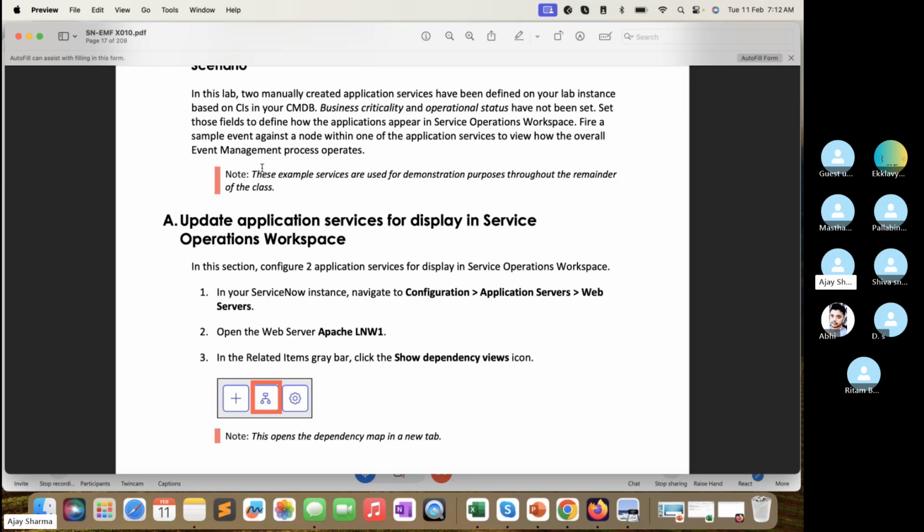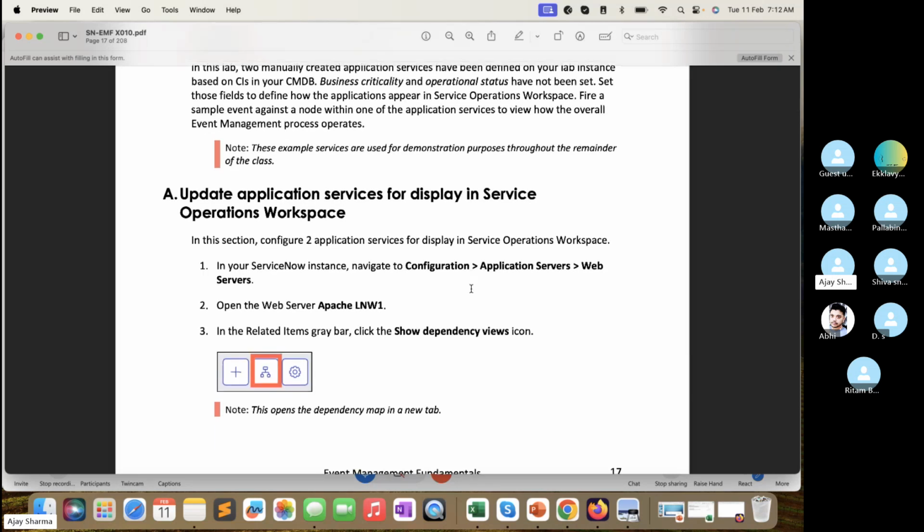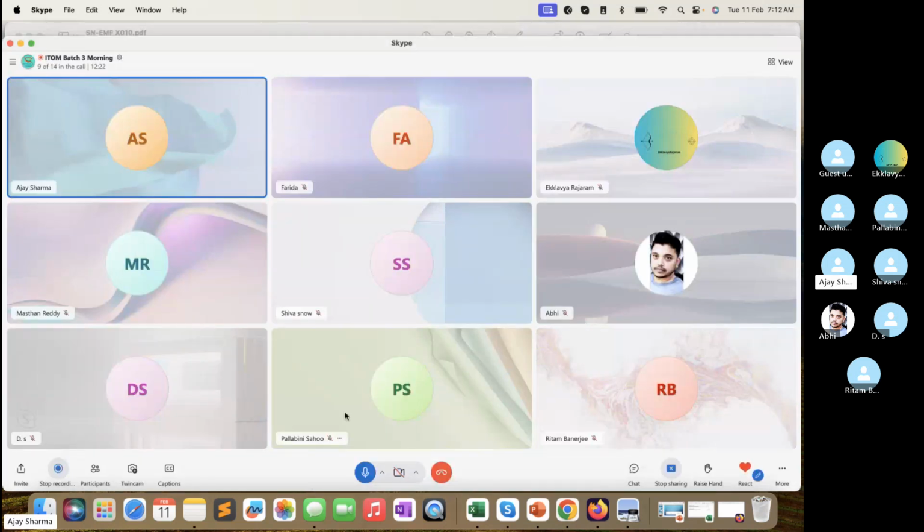So the simple thing is, different components can make up a single business service which serves the business, which is my onboarding to offboarding. I just gave an example like that, right. So I hope that's clear to you guys now. So let's start the process of updating the application service display in the service operation workspace. So let's start that particular one. Any questions on that? First of all,